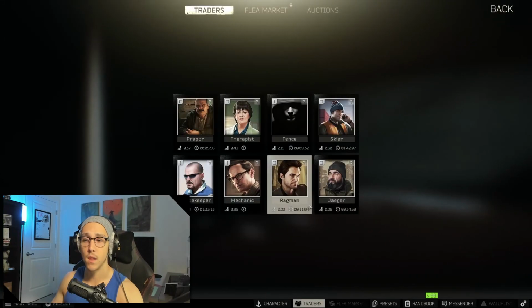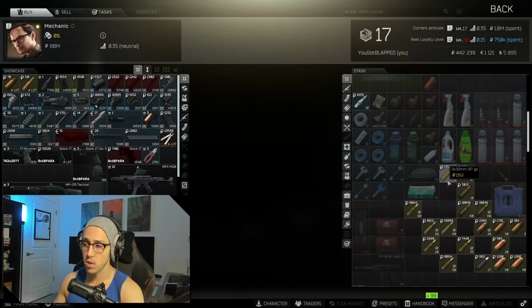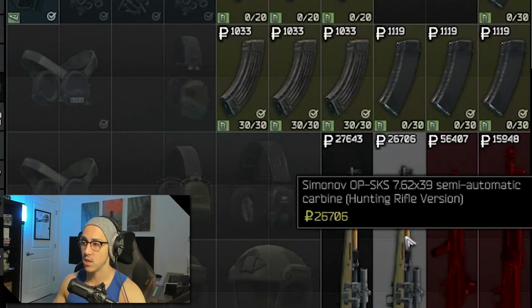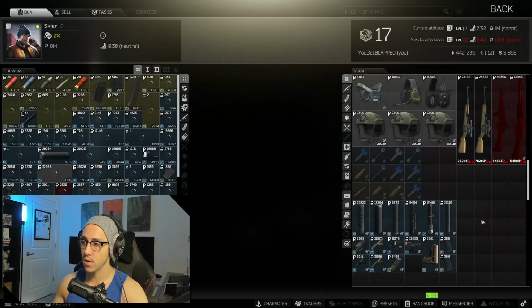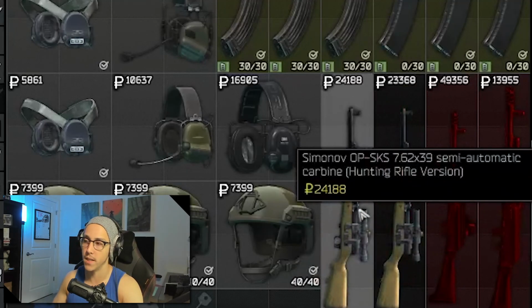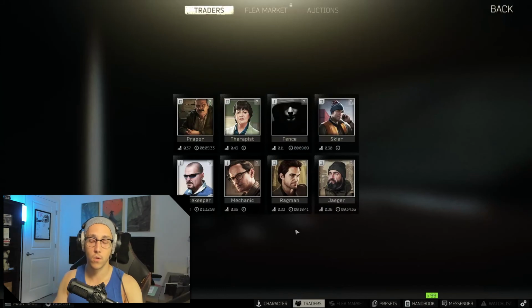When it comes to Mechanic, you're going to be selling your weapons, your ammunition, weapon attachments. He's going to give you the most money for these. So I'll do a quick example. Here's an SKS. It's 26,700 rubles. And if I wanted to sell it to, let's say, Skier, he's only going to buy it from me for 23,000 or 24,000, depending on the weapon durability. So Mechanic is going to be your main trader to sell weapons, ammunition, and